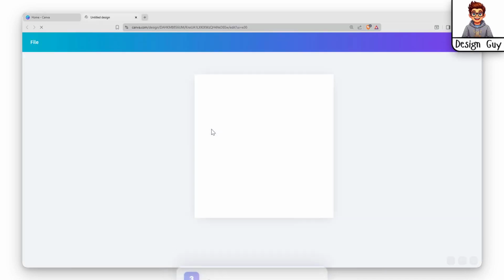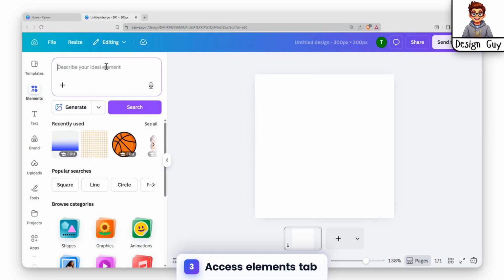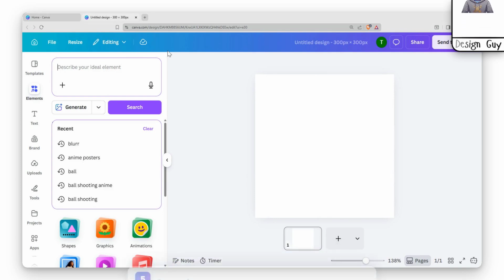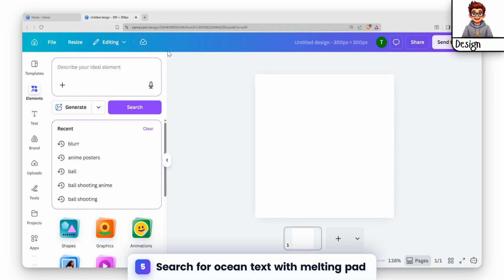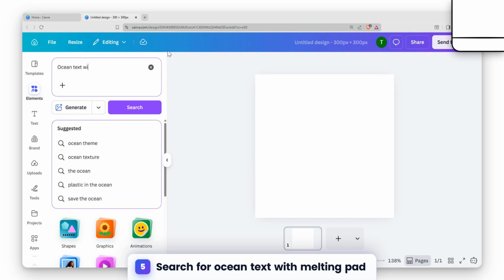the next step. Go to Elements, then type anything you want in the search box to find the desired items quickly and easily. For this example, search for a melting effect in the effects library to apply it to your project quickly. Next, search for text effects by typing ocean text with melting effect in the search bar. Select the desired effect from the results to apply it to your project, enhancing your design with an animated melting